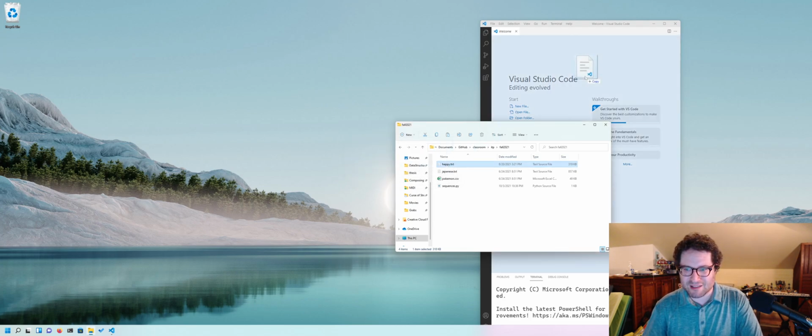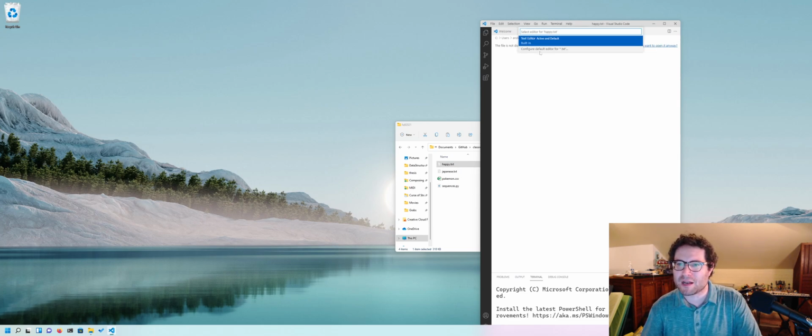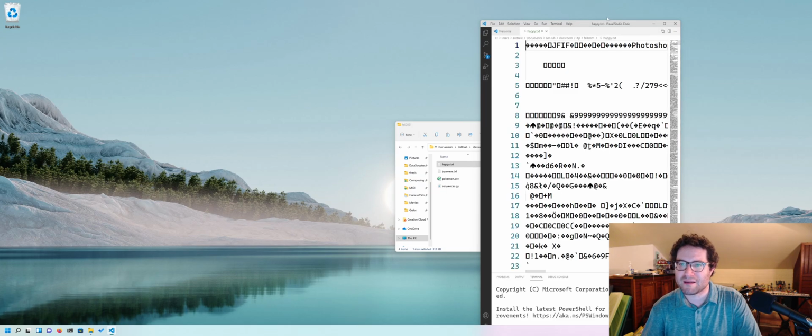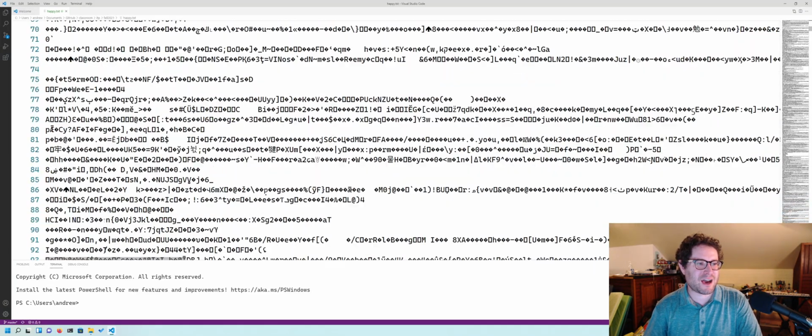So it says, okay, look at this as a text file. Don't try to open it. Do you want to open it because it's binary or unknown? Yes, I want to open it anyway. Okay. Aha. And there's information there. English information. CSV Photoshop 3.0. Great. Don't remember using Photoshop, but whatever. And then gobbledygook,